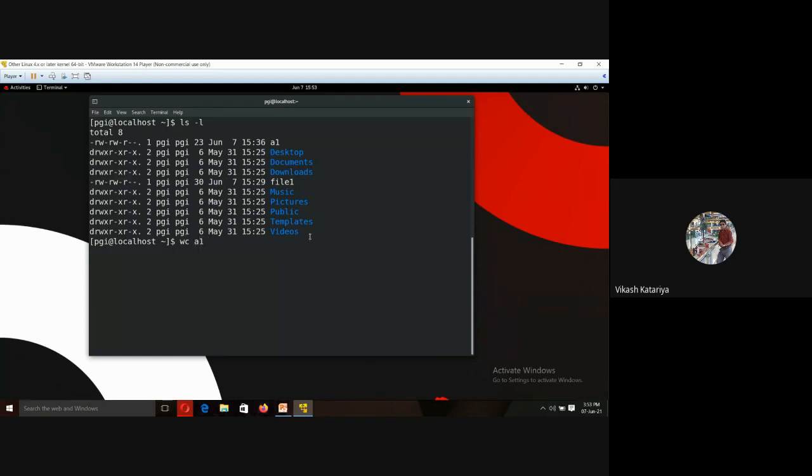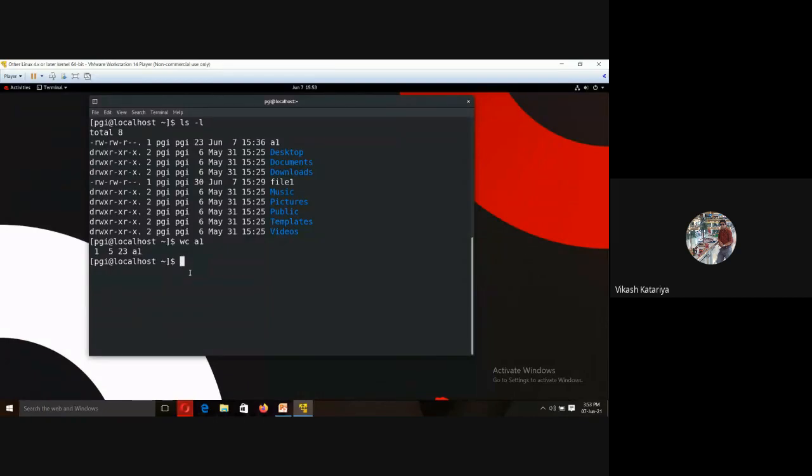a1. First of all, we want to get the details about how many characters, how many words, how many lines are there. If we do not use any parameter, it will show everything. There is only a single line, there are only 5 words and a total of 23 characters, and then the name of the file. Again I am repeating, total number of lines 1, total number of words 5, total number of characters 23, and the name of the file which we are talking about is a1.